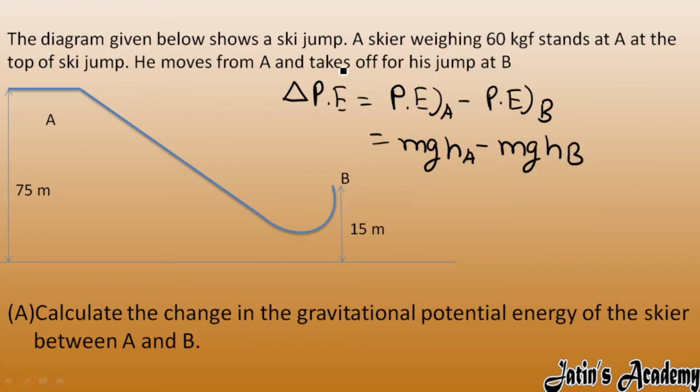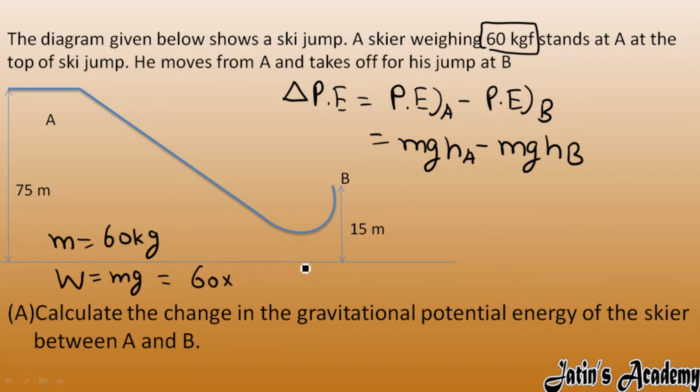So here they have given the weight is 60 kgf. It means they have given the mass as 60 kg. So weight, if I am talking about, W is equal to mg. So we have to calculate mg, that is 60 into g. The g value we will take as 10. So here 60 into 10, height we have 75, minus 60 into 10, height we have 15. So when you solve, you will get